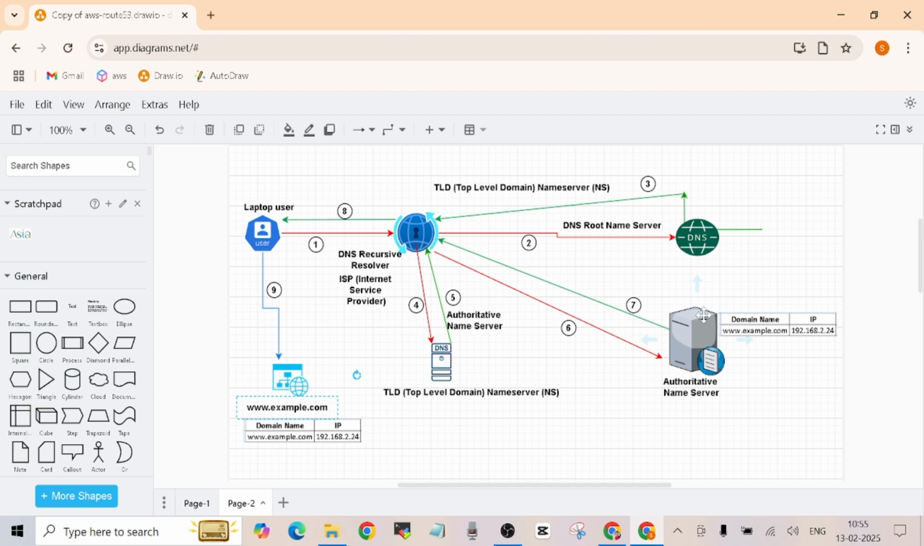Once the information is sent back to the recursive resolver, it is going to send it back to the user's web browser, and the browser will be able to access the website. So this is how things work: 6, then number 7, then number 8, and then number 9, and this is how the user is able to access this website. And one more thing, it is going to cache that information as well